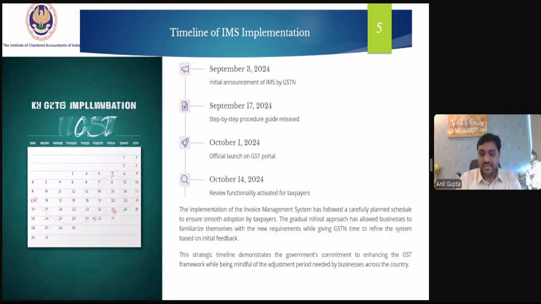This strategic timeline demonstrates the government's commitment to enhancing the GST framework while being mindful of the adjustment period needed by the industry across the country.